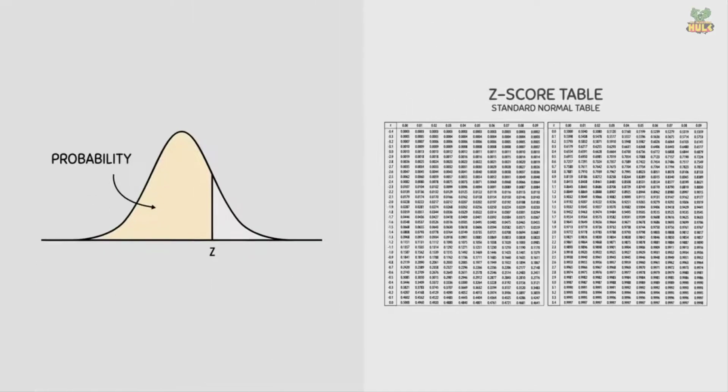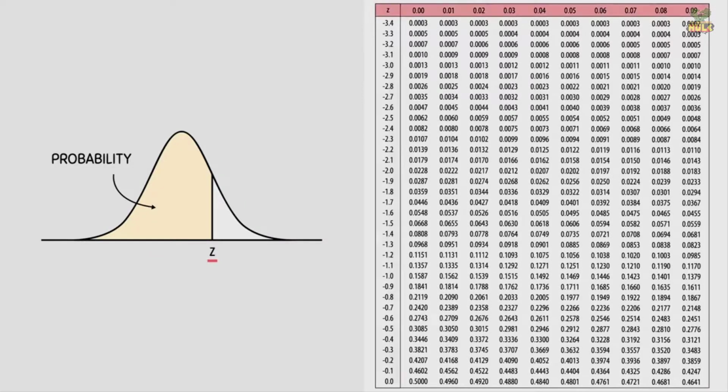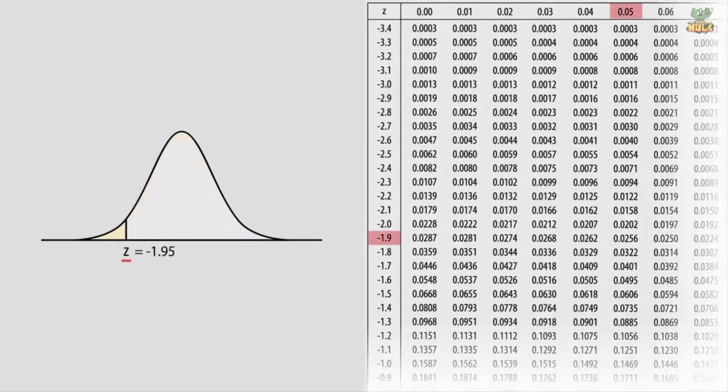This table tells us the total amount of area contained to the left side of any value of z. For this table, the top row and the first column correspond to z values, and all the numbers in the middle correspond to areas. For example, according to the table, a z-score of negative 1.95 has an area of 0.0256 to the left of it. To say this in a more formal manner, we can say that the proportion of z less than negative 1.95